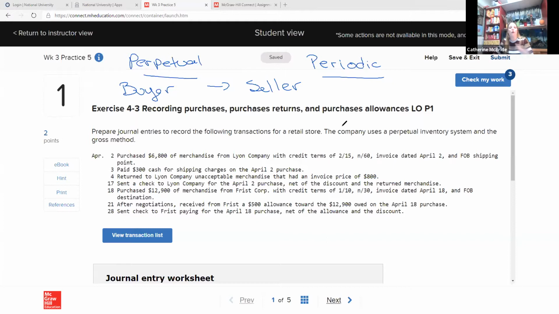Okay, so we're just going to dive in and do the journal entries because it's the easiest way to explain it to you. All right, so if we purchased $6,800 of merchandise inventory from Lion Company with credit terms 2/15 net 60, let me explain that. So for credit terms, what we're talking about,